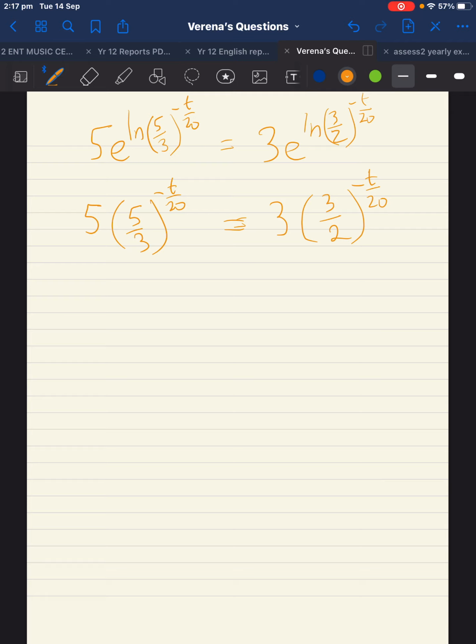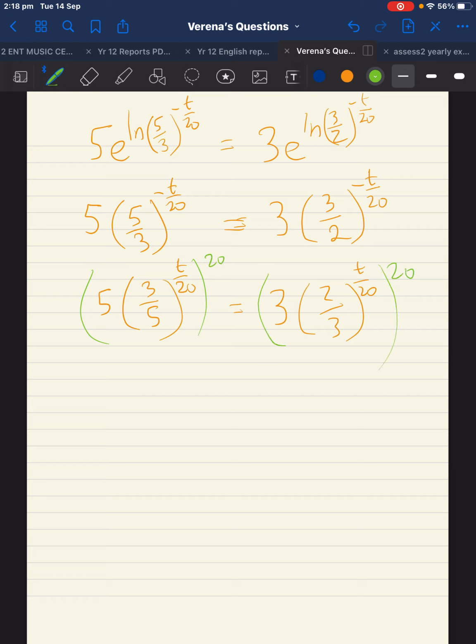I'd be tempted to get rid of these negative powers. Right? The reciprocal. That negative's gone. This negative is gone. And the next thing I'm going to do is I want to get rid of this over 20 part. So the way I'm going to do that is to take both sides to the power of 20. Right? And this is going to be really cool because by doing that, well, it's going to leave us with